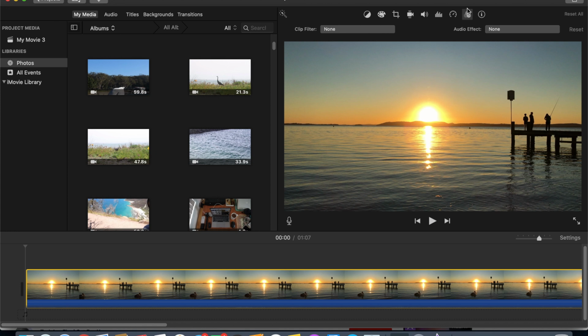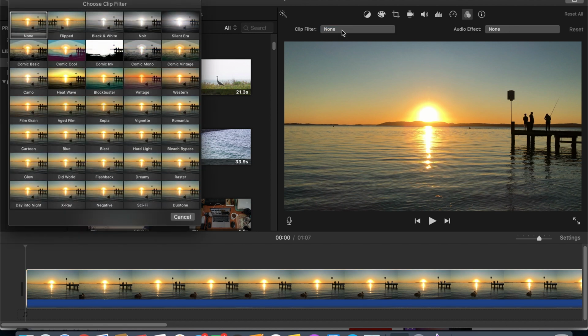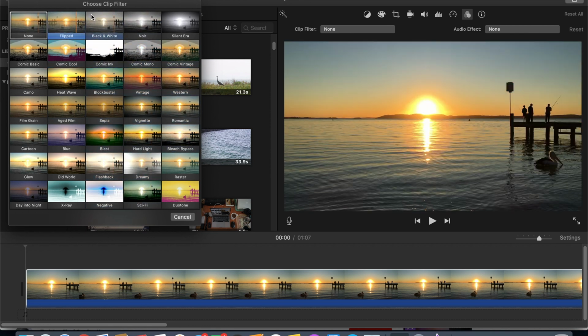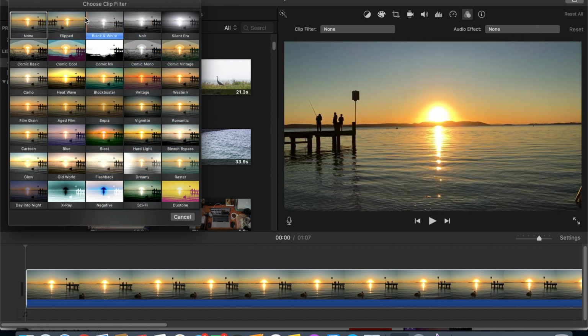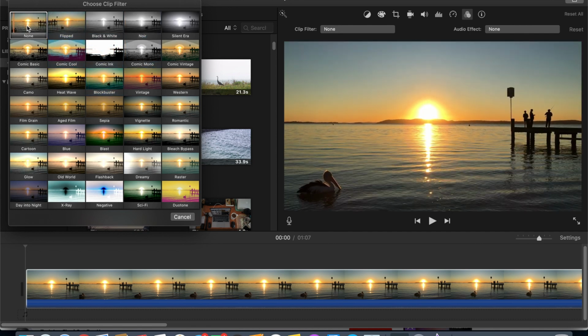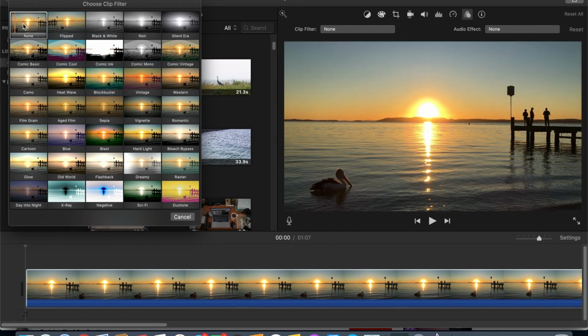As you can see in here, this filter. If you click that, it will show here none, audio effect none, but once you click it, this one will come out here. And as you can see, there are more now. Look, this is no filter,